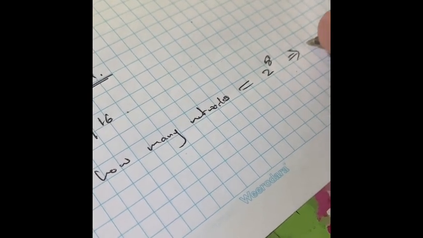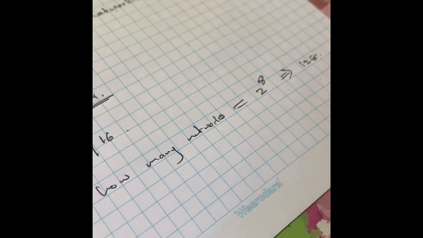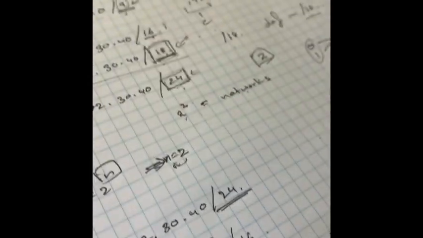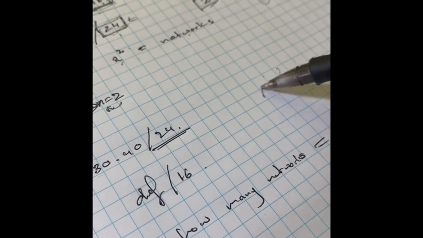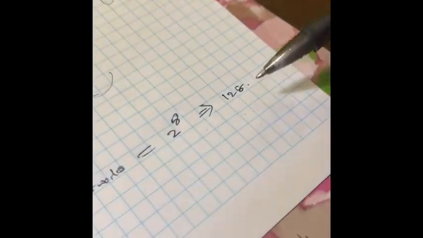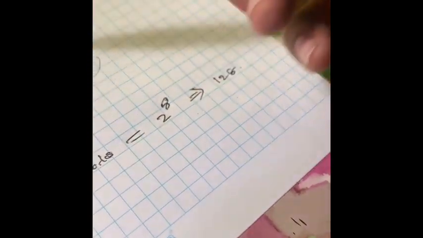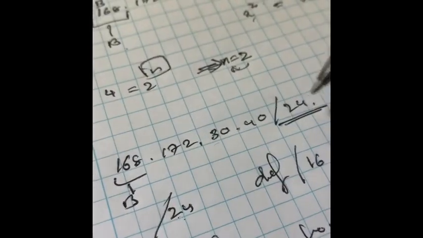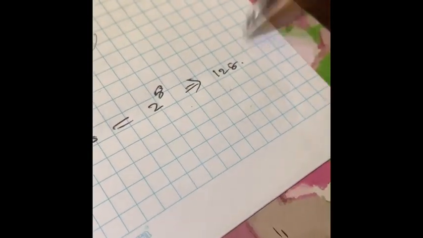This is 128. So by taking all 8 bits to the network side, the IP address given has been subnetted to 128 networks. Okay, so let's move on to the